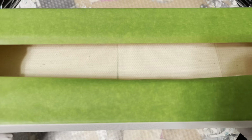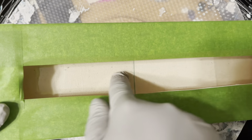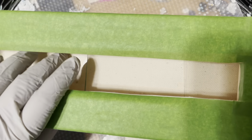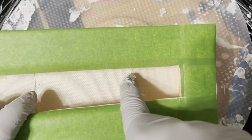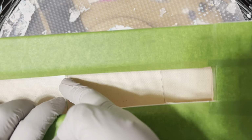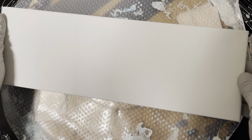So what I did, I taped the back, and see, I inserted these plastics, and I got these plastics from some old packaging, and so I cut them in sizes and I shoved them inside to make sure that the canvas stays secure. And then I am going to use this tape to stick my canvas on top of the